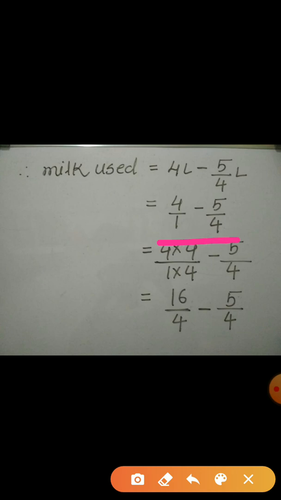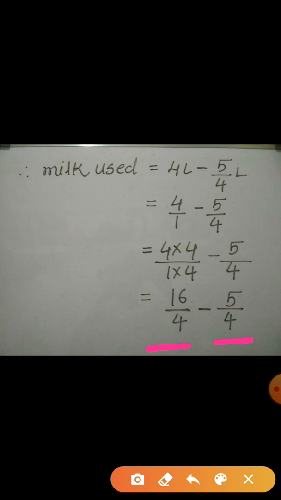Again 4 by 1 and 5 by 4 are which kind of fractions? They are unlike fractions as they are having different denominators. So we cannot subtract them directly. Hence to subtract these two given fractions, we need to convert them into like fractions first. Means we have to make their denominators same. And for making the denominators same, here I have multiplied the numerator and the denominator of the first fraction by the same number 4. And I copied the second fraction as it is. After solving, what we will get? The first fraction will be 16 by 4 and the second is 5 by 4. Now 16 by 4 and 5 by 4 are like fractions now. So we can easily subtract.